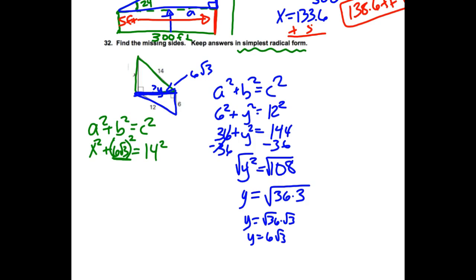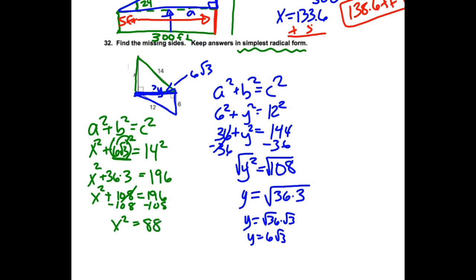So I checked 14 squared, and that's 196. Now, when I square this 6 root 3, I'm really going to take that square and distribute it to both numbers. So it's going to be 6 squared, which I know is 36, times the square root of 3 squared. Now, the square root of 3 squared, when I square root and square it, they cancel, and I'm left with the number inside, which is a 3. So I have a 36 times 3 there, which is 108. So I get x squared plus 108 equals 196. And now I just keep going. x squared equals